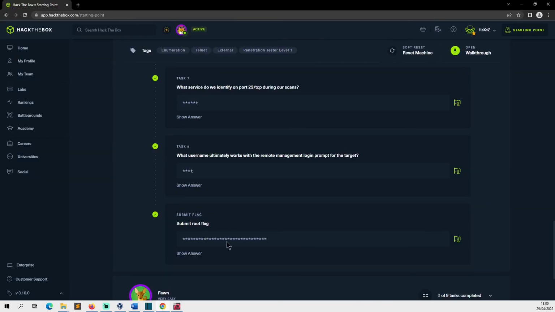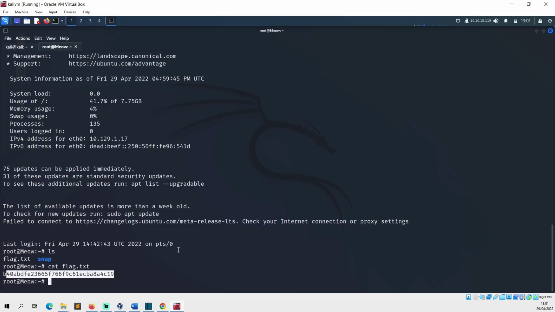It's a really good entry-level box. It gets you enumerating the services, it gets you logging into the box, and it gets you looking for the file. Not much to it, very easy. You could perhaps look around the operating system once you're done to see if there's any more information that could help you